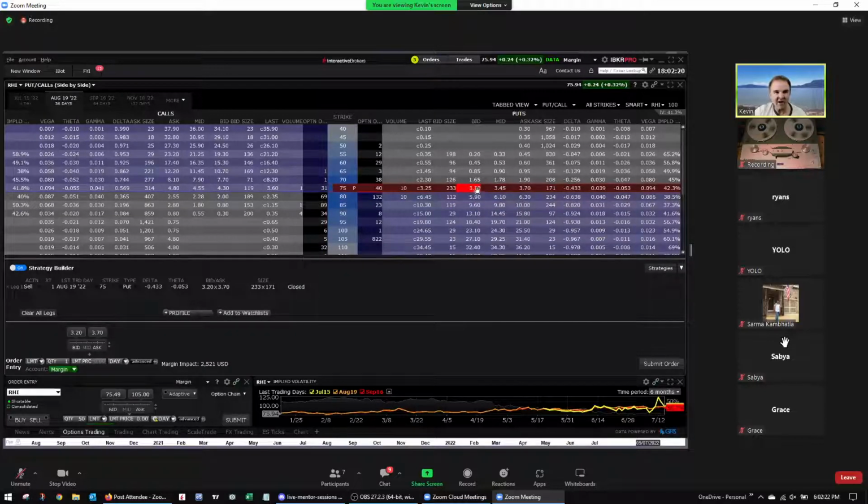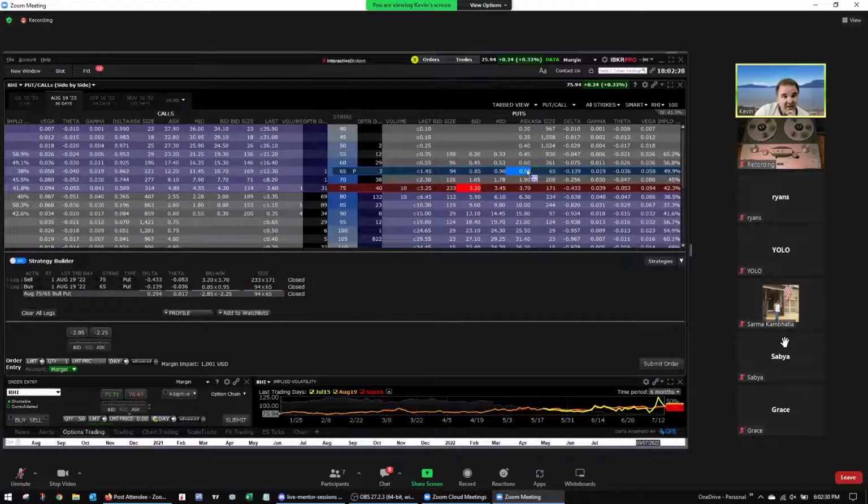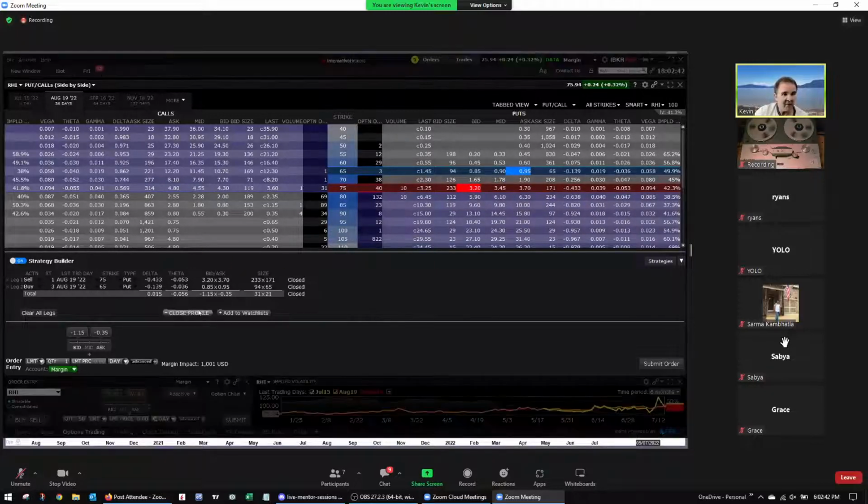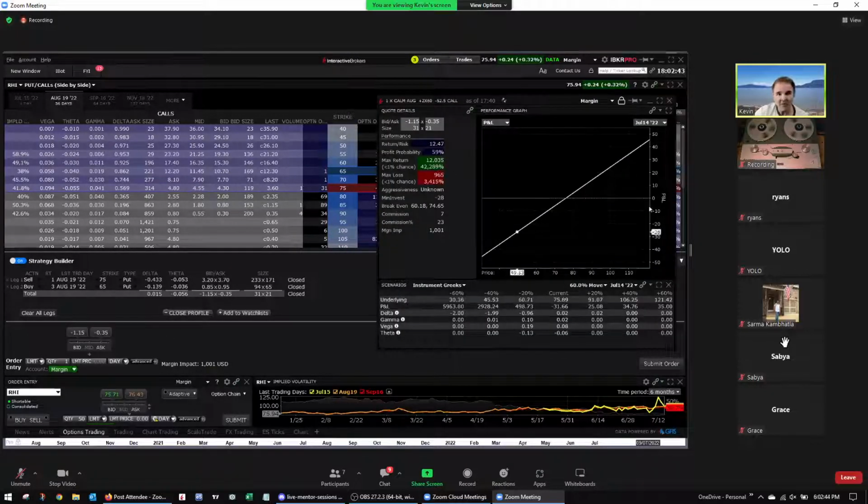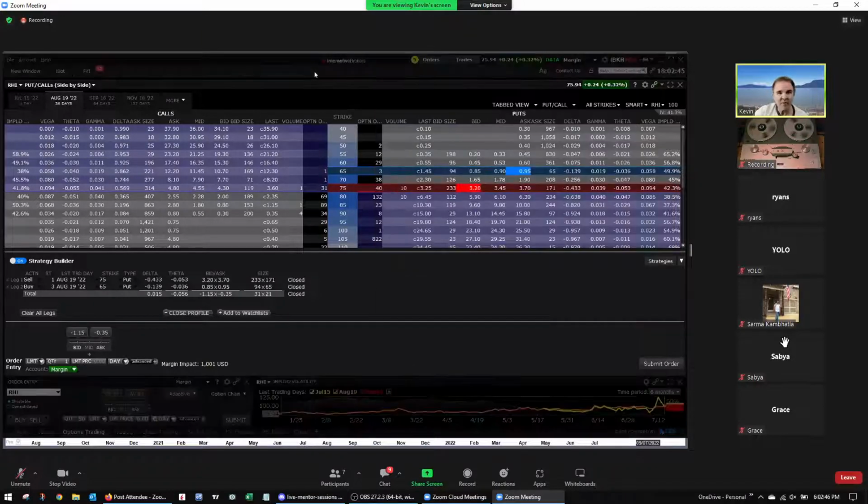We might have to go to the 80 here. And I was looking at buying $65 puts. So you can see I can do a 3-to-1 ratio on this. Let's see what this looks like. I may change this though, but we'll start out with this one. Let's take a look at our profile on this. Here's my profile.